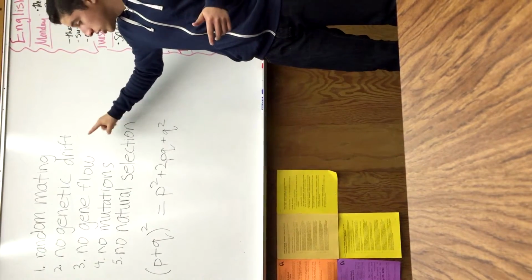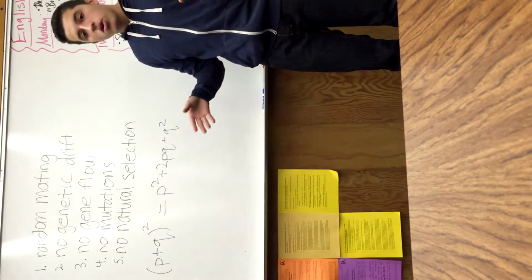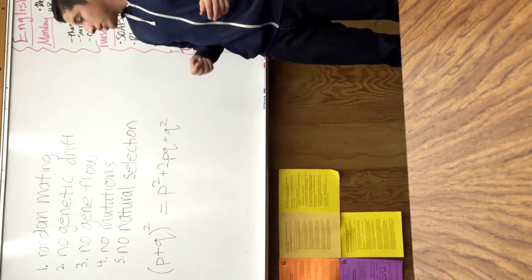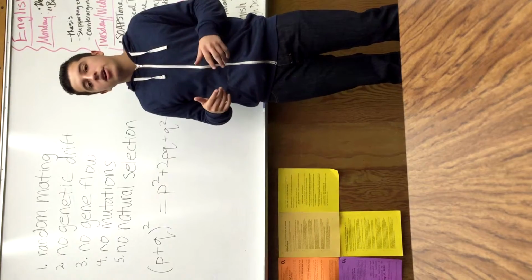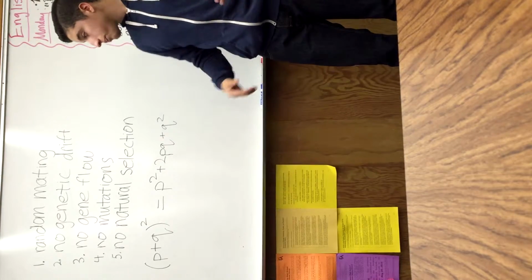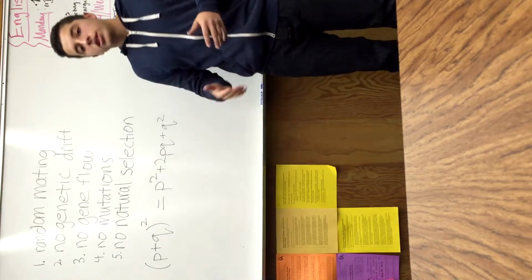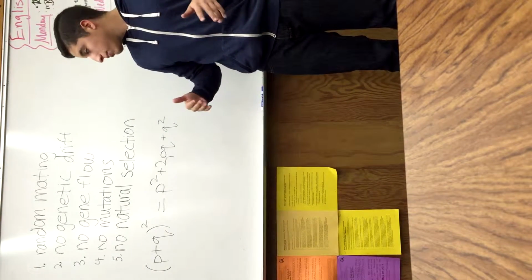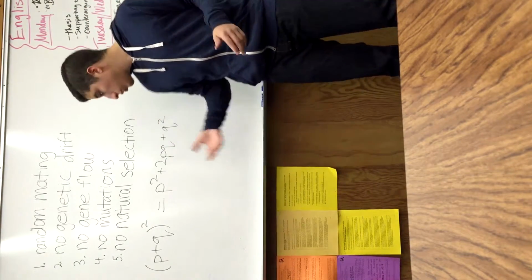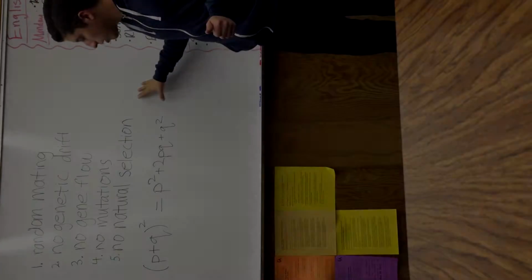The third is no gene flow, which means that organisms can't flow in and out of populations, because this would disrupt the allele frequencies in that population. The fourth is no mutations. No mutations can occur, because it would disrupt the allele frequency in a gene pool. Lastly, no natural selection can occur. Organisms with all genotypes go through the same living and death. There are no perks, no adaptations that go on. So everything is the same. In order for Hardy-Weinberg equilibrium to work, all these must be followed.